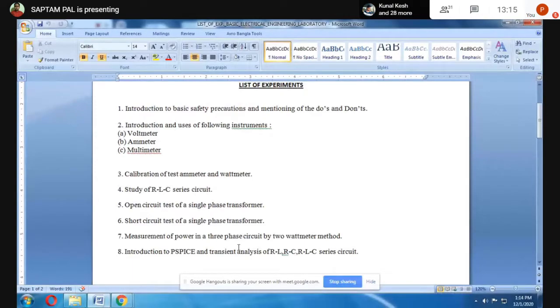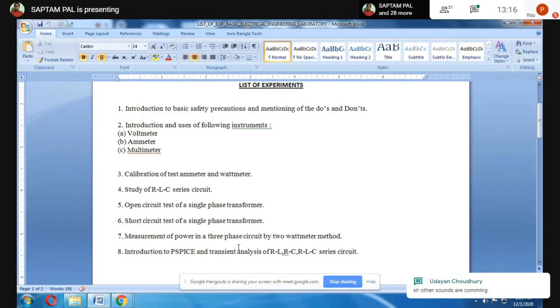So these are the list of experiments, and you should note all the experiments, right? And I already told you in today's first class that there are DC circuits, AC circuits, and transformer. There are 3 different kinds of chapters, and related experiments we are going to perform, right? And I am just giving you one brief description after Pradeep sir said.